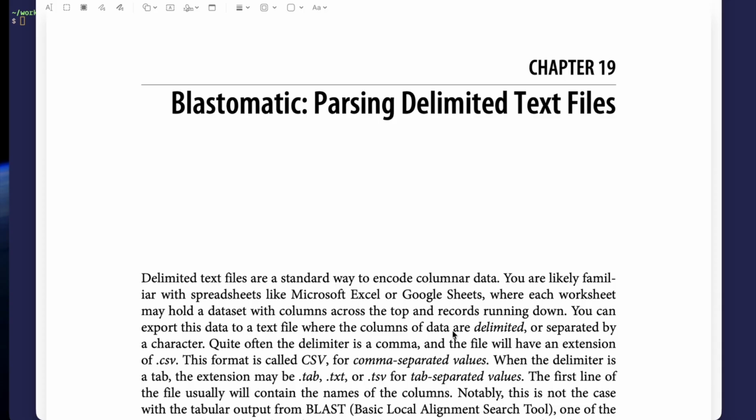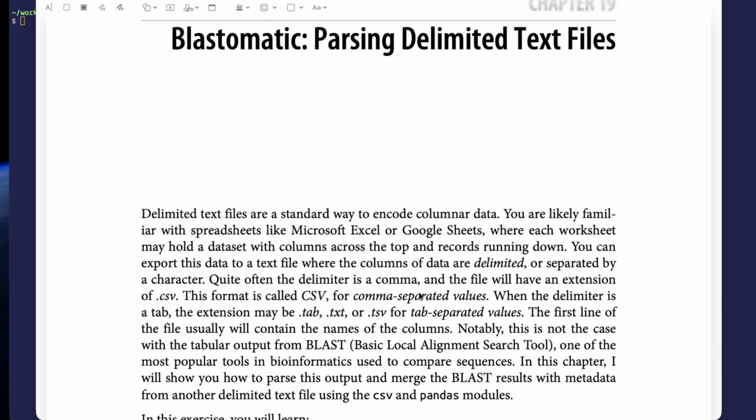Quite often the delimiter is going to be a comma, and therefore the files will probably have an extension of CSV, which stands for comma separated value. Sometimes the delimiter is a tab, and the file extension might be .tab or .txt or .tsv for tab separated values. Those are generally your two most common delimiters, the comma and the tab,